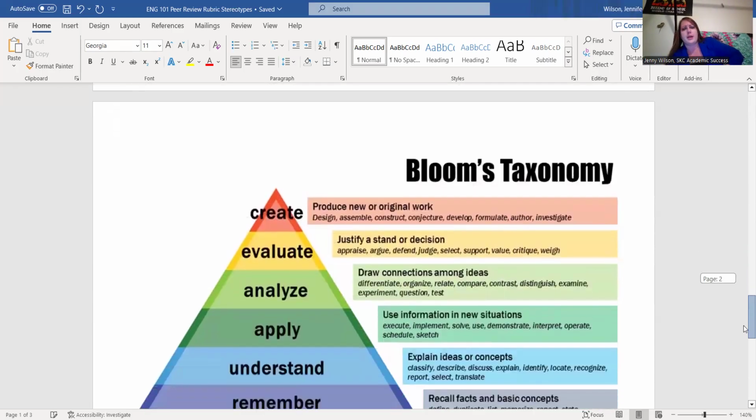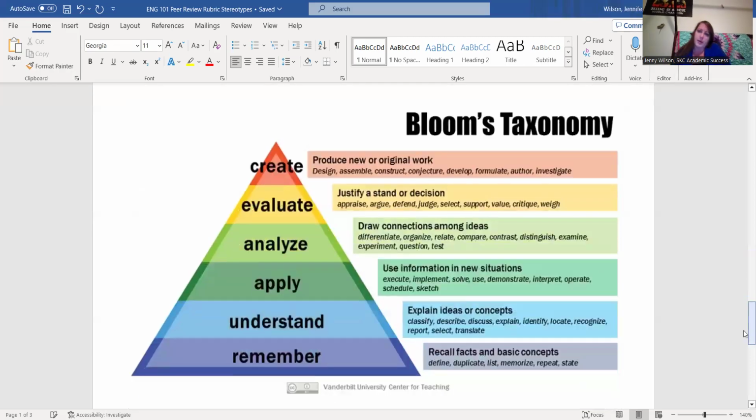This last little part that's attached to this, it's not part of the peer review itself, but I do think it's important. This was taken from Bloom's taxonomy. It was developed by Benjamin Bloom back in the 1940s, but it's been referenced, it's been repeated. There's been other designs and images placed with it. It's even been updated in recent times. This particular image and breakdown came from Vanderbilt University's Center for Teaching, and so it's available at their website, but the concept originally came from Benjamin Bloom. It's a very popular pedagogy that influences a lot of professors in a lot of different disciplines.